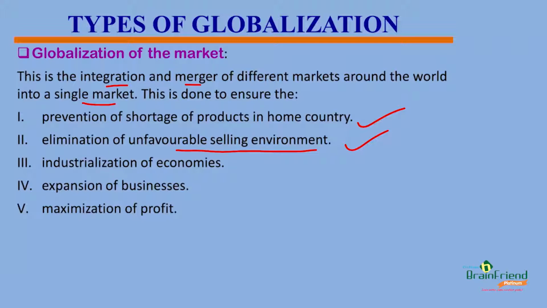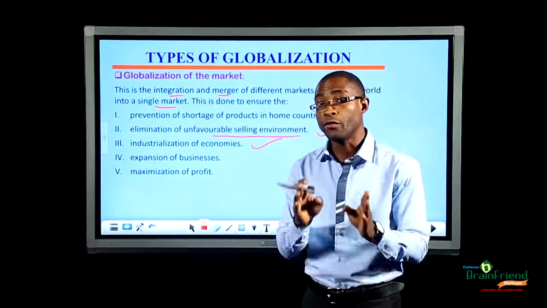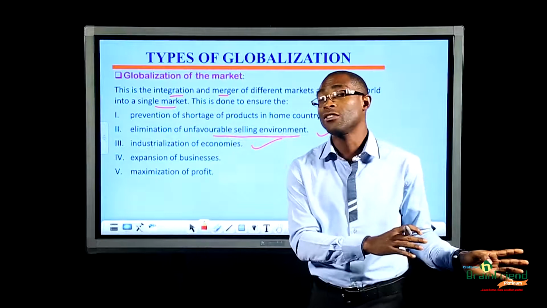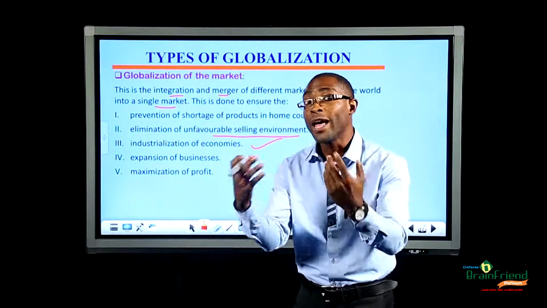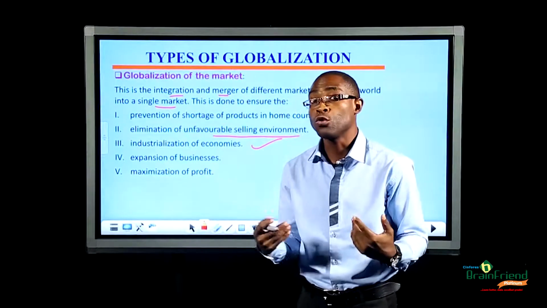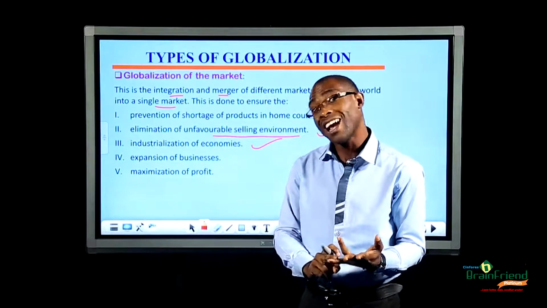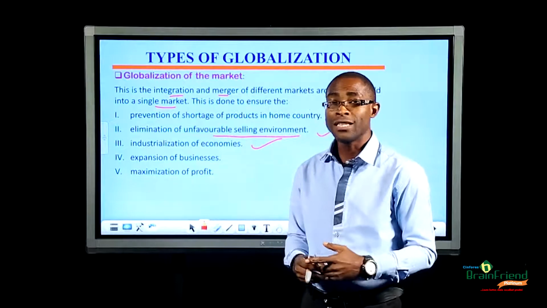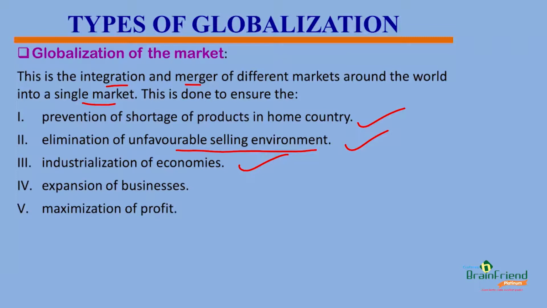Thirdly, we have it that market globalization aids industrialization of economies. If I am using obsolete technology in my nation, because there is free trade, industrialized nations can come into my country and use the equipment they have to help my economy. So when this equipment comes into my nation, I am able to grow both in my production and by providing basic amenities for my citizens. So you see why market globalization is important.